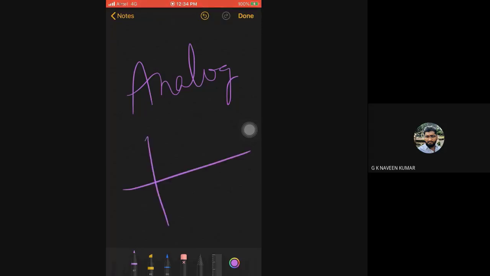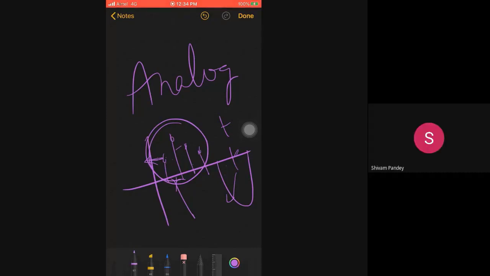Suppose these are your digital signals. The same sine wave is expressed like this. Now, if I want the value here, I can easily get it because of these discrete signals. Whereas if you are taking analog signals, you cannot precisely tell at which time what the amplitude of that particular signal is. It may have some sort of error. That is the basic difference between your analog and digital signal.